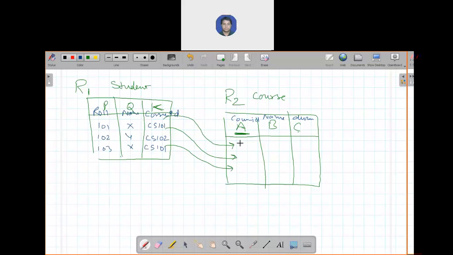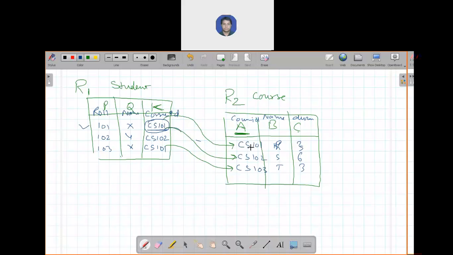Okay, and now here we store the record of courses available: CS101, CS102, CS103. The name of the course you can write anything, like RST, whatever. Okay, 3 months, 6 months, 3 months. Now we have mentioned that student 101, roll number X, is registered for this course CS101. But the detail of this course is not mentioned here, so it will refer to where it is stored.